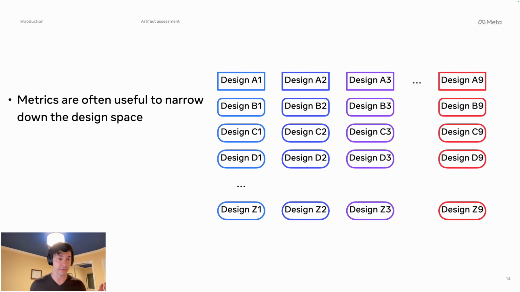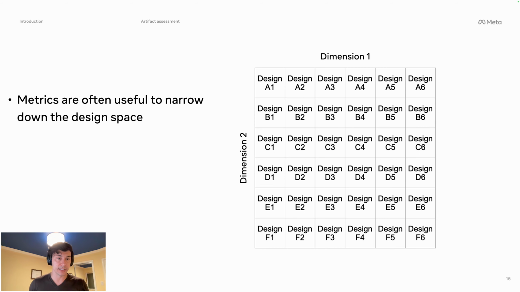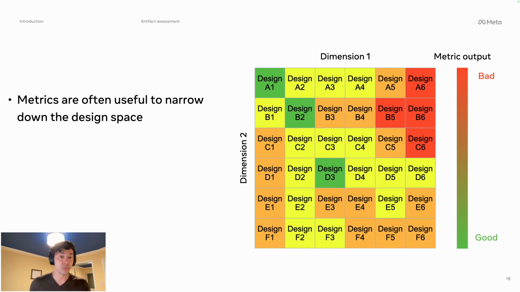Oftentimes you have combinations of those and they can grow to a really large extent of possibilities that you may hypothetically be interested in, all of which will have effects on the artifact you're thinking about. Now, when you run the metric, even if it isn't perfectly accurate, you could put together a table of all your design options, which you could end up with many, and then run the metric, get some sort of assessment that is at least partially correct,